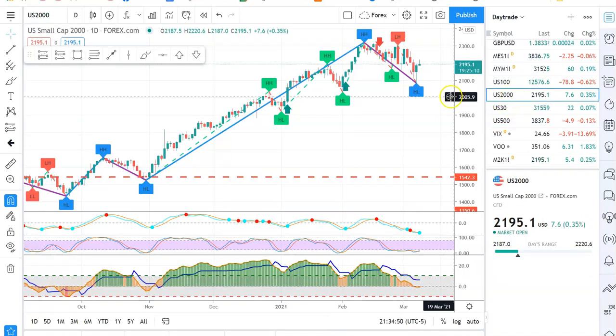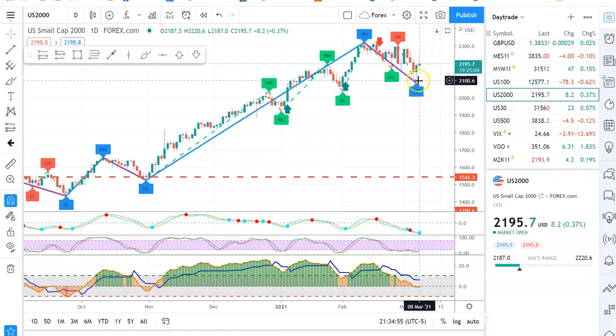The Russell, same conditions. 2 bars, indecision for the zigzag. It's going to make a decision. The MACD, this is the MACD indicator, is saying go up, go long. And we're waiting here for the RSI to cross over the 30, go back up. I think it's going to happen.